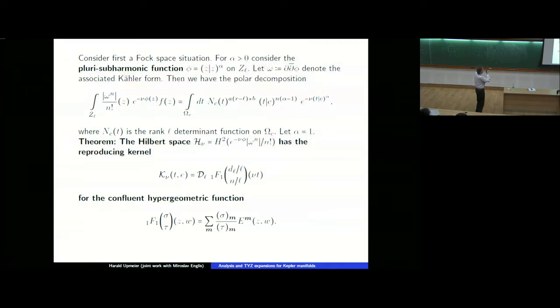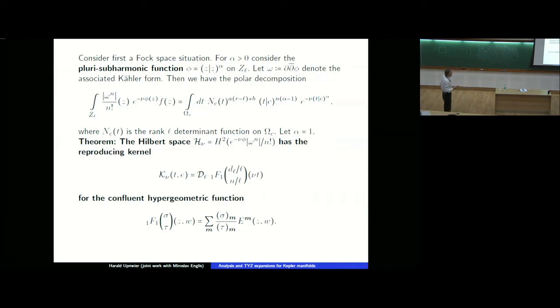Let us first look at a simple plurisubharmonic function, namely ZZ to the alpha, and then omega dd bar phi is the associate Kähler form. Then the measure that I want is this one here, which I can write down explicitly. And then the theorem is that in this case,